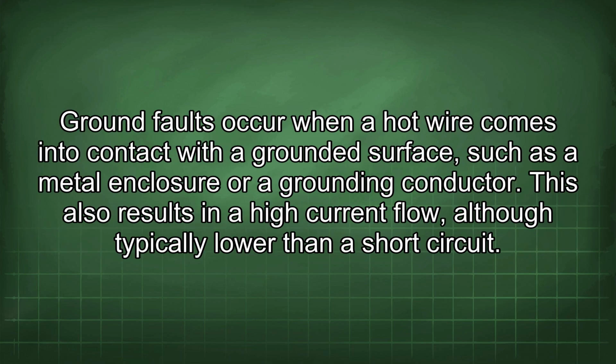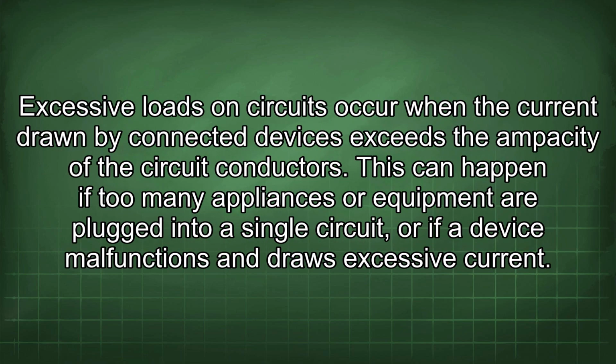Ground faults occur when a hot wire comes into contact with a grounded surface, such as a metal enclosure or a grounding conductor. This also results in a high current flow, although typically lower than a short circuit. Excessive loads on circuits occur when the current drawn by connected devices exceeds the ampacity of the circuit conductors. This can happen if too many appliances or equipment are plugged into a single circuit, or if a device malfunctions